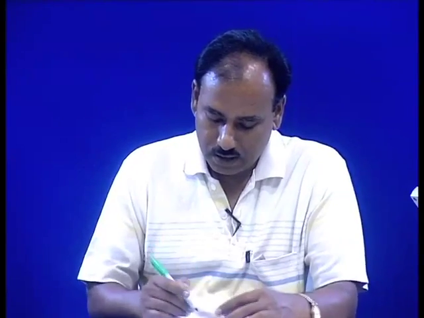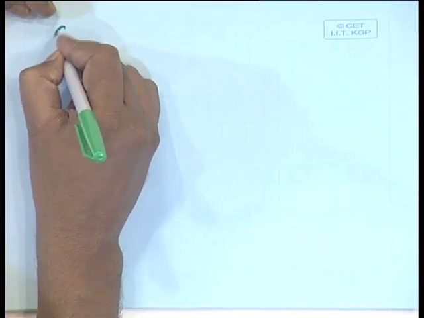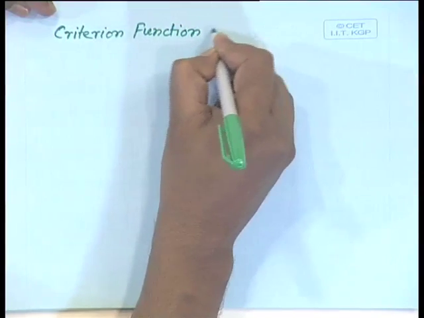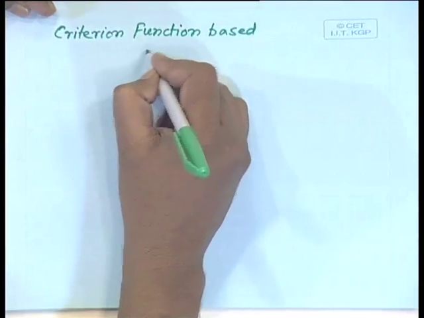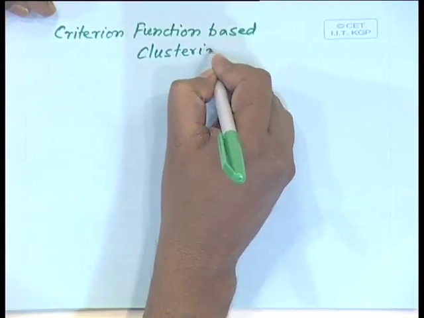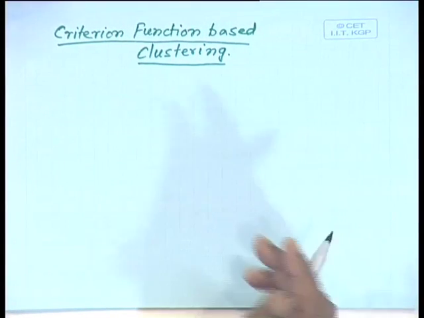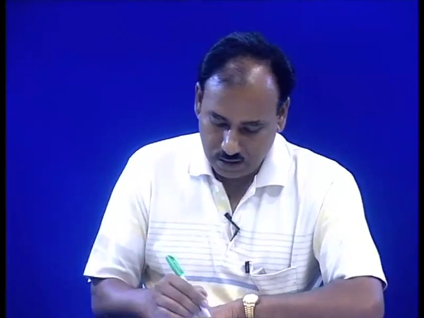Okay. I can have a formal or general way of describing this iterative algorithm, where I can define a criterion function, based on sum of squared error. Okay. So, this is criterion function based clustering. Again, in this case, I assume that I will form k number of clusters. Initially all the feature vectors will be arbitrarily partitioned into k number of clusters. Now, if I take the ith cluster,